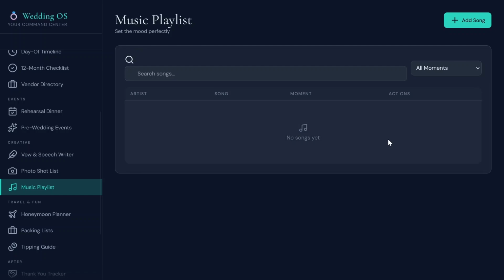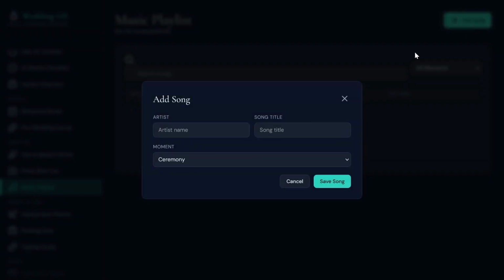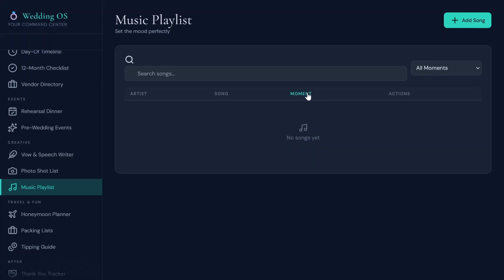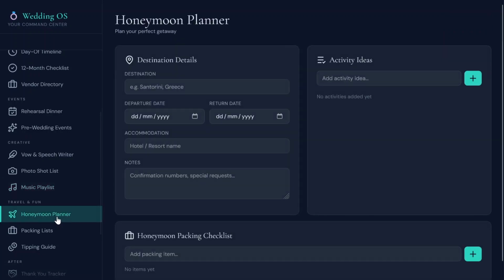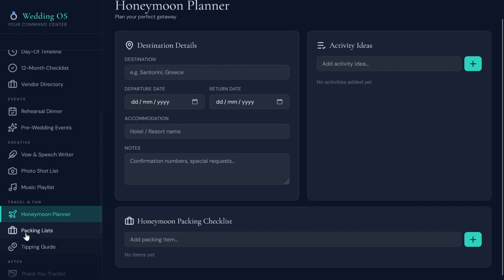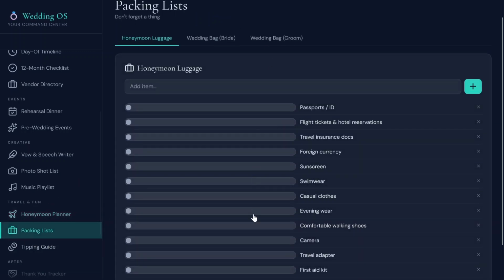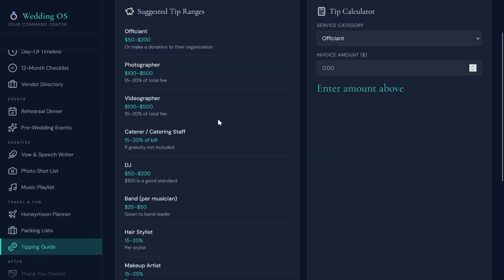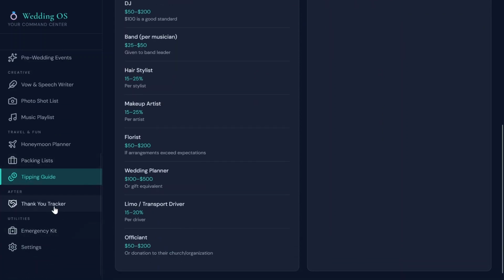Then we have the music playlist, what all songs you would be playing. So you can add the song title and you can select the ceremony in which you are planning to run or sing that song. Then post marriage we have a honeymoon planner. Then we have a packing list, and at the end we have the tipping guide, and tipping calculator is also